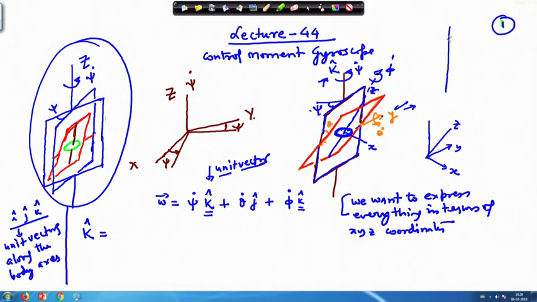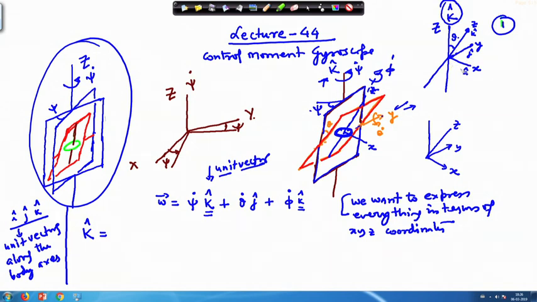See, if I draw this as the capital K vector and this red line, it is inclined to this. So, your x axis is here in this direction, and y axis is along this direction, and this is your small z axis, and this is capital Z axis. This is the situation, this is your angle theta. Okay. So, what will be this capital K unit vector, how we can write in terms of this small k cap, small j cap, and small i cap. Okay.